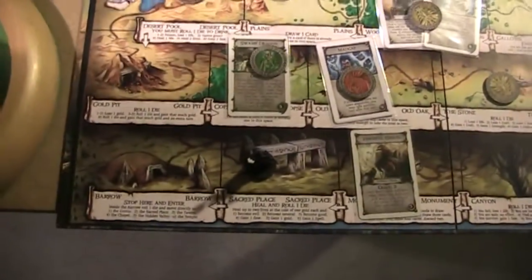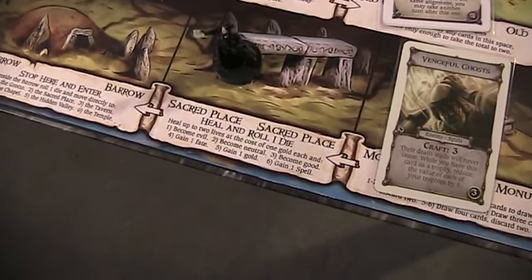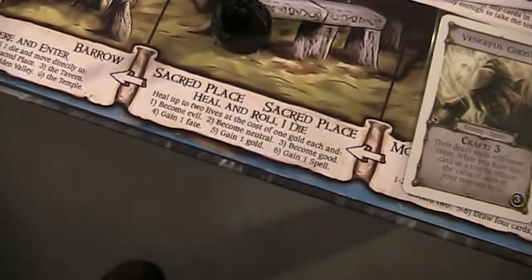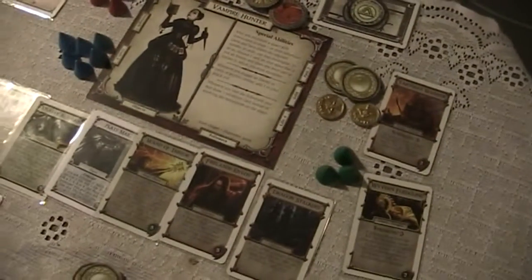Heal and roll a die. I'm not sure if I healed the last time I went there. Probably not. So that's definitely not bad. So yeah, she can heal. And then roll. And that's a 2. Become neutral. Okay, she already is neutral. Oh no, that's bullshit. Heal up to 2 lives. What? At the cost of 1 gold each. Well, then it doesn't make a lot of sense. She's not allowed to heal. She has to pay for that. Which she might do. I don't know. No, I don't think she will. So she simply